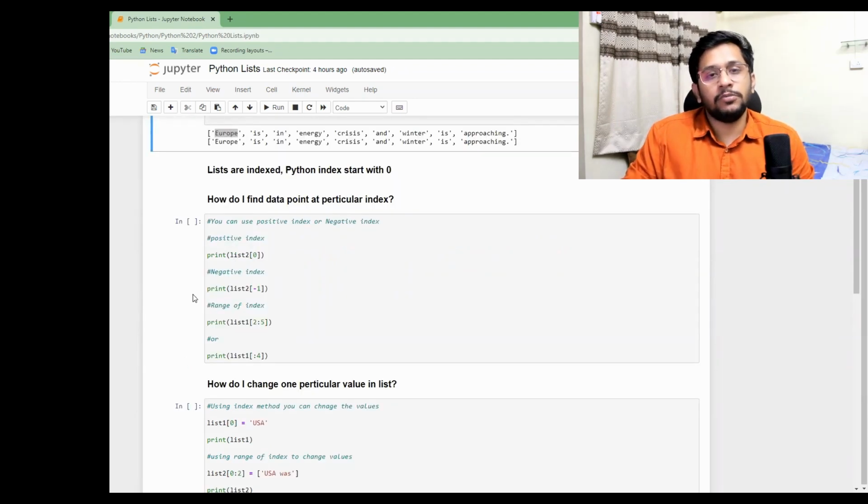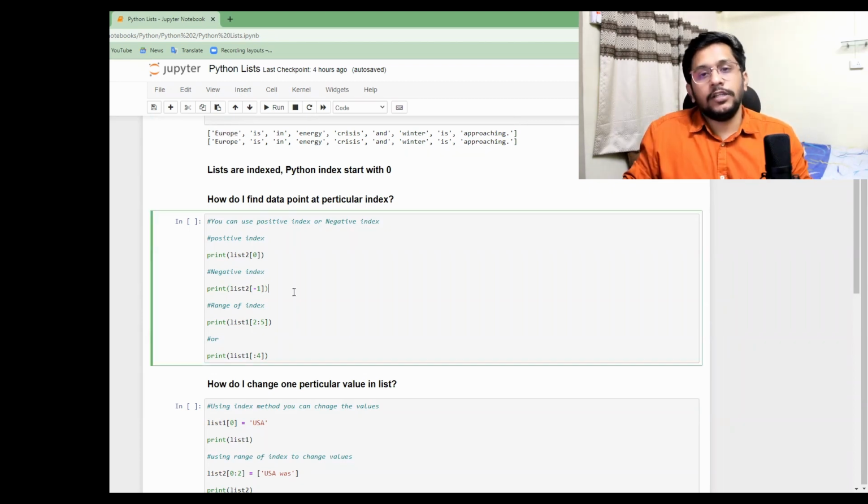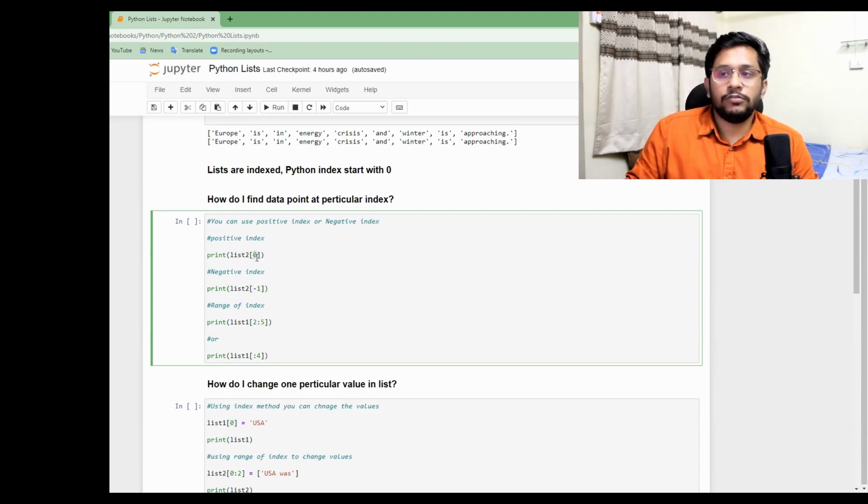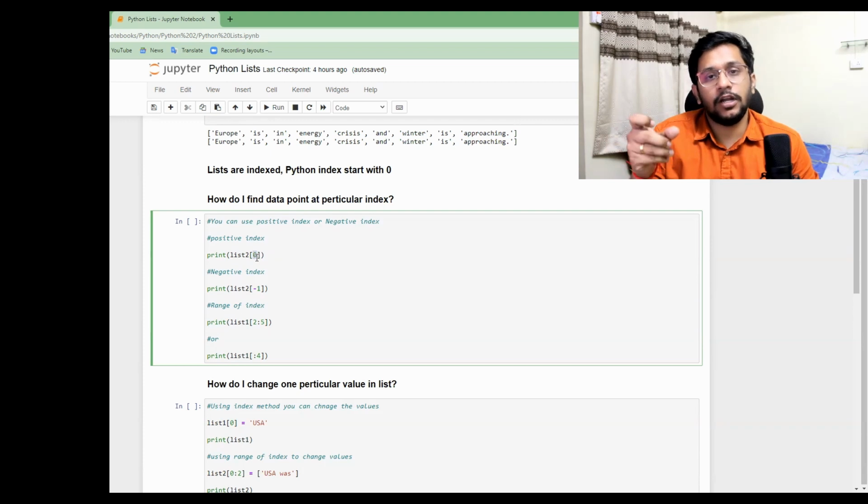Post index, we would like to learn how you can pick a particular value from the existing list that you have defined. There are multiple ways to do this, and I have written a few of them over here. First one is the index method. We can use a positive index number or a negative index number, totally fine. We can write something like 0, 1, 2, 3, 4, 5, up to the number of indexes present in there. So if you type 9, it might give you an error. It will give you an error because it is out of the range of the Python list that you are calling.